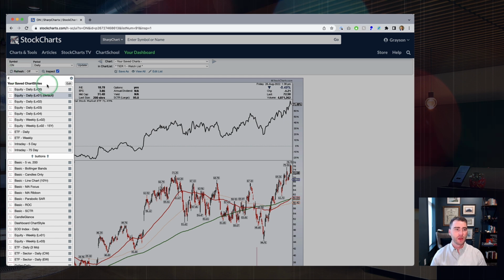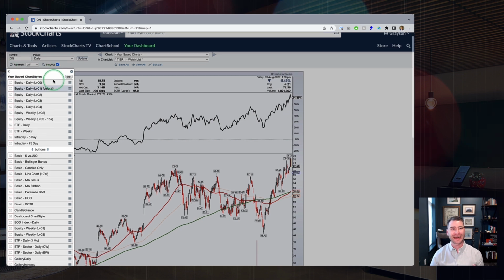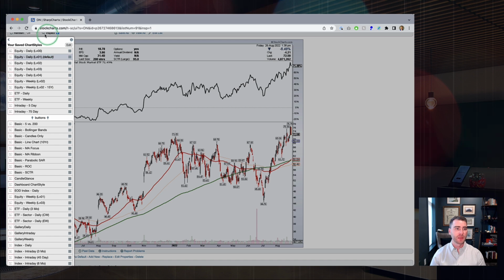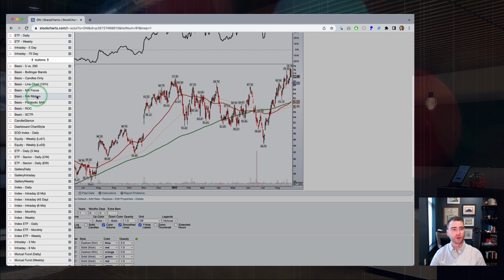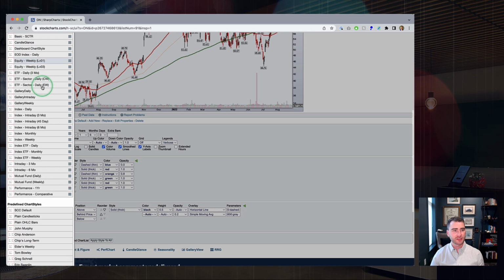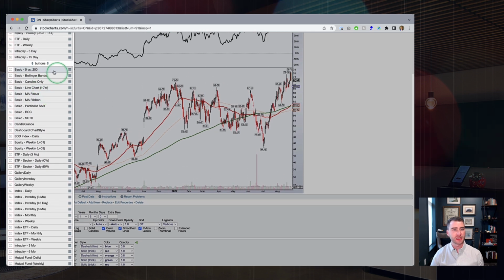Now, with these style buttons over on the left, you've also got a little arrow up at the top. When you give that a click, this opens a sidebar, kind of like ACP did. And this is actually the other way that you can interact with all of your different chart styles. So you can see them here in the list. Here is my big list of chart styles. And again, just like we looked at over in ACP,